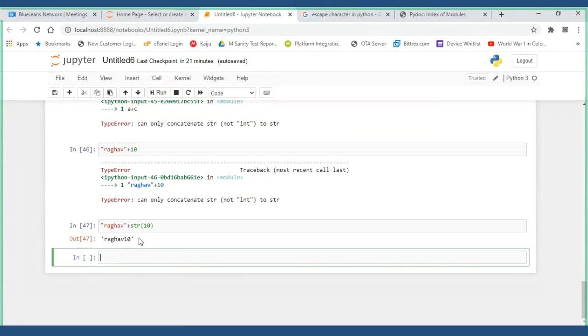If you directly use plus and try to add them, and if you have that in the form of an integer, even though someone has modified it before you use it, if you try to concatenate that integer with a string, you will get an error. Concatenation works only with strings. Just remember that. Addition you can do between the same type, like 10 plus 10 or Raghav plus Ramesh.